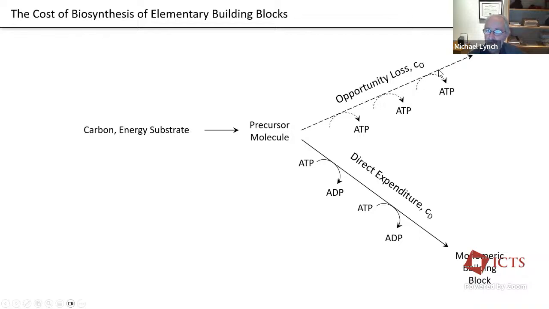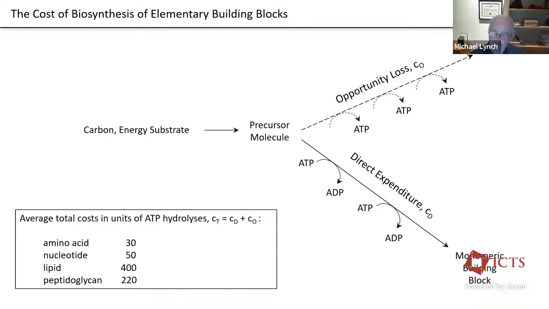And again, there's this opportunity loss. And we sum those together to get the cost of a total building block. And I'll go through a couple of examples. I don't want to freeze your brain with a lot of biochemistry, but I want you to get an idea where some of these things are coming from. But just as sort of the big picture here, there's 20 flavors of amino acids, and on average, the cost of synthesizing an amino acid is equivalent to about 30 ATPs. I'm just trying to give you the broad picture here.